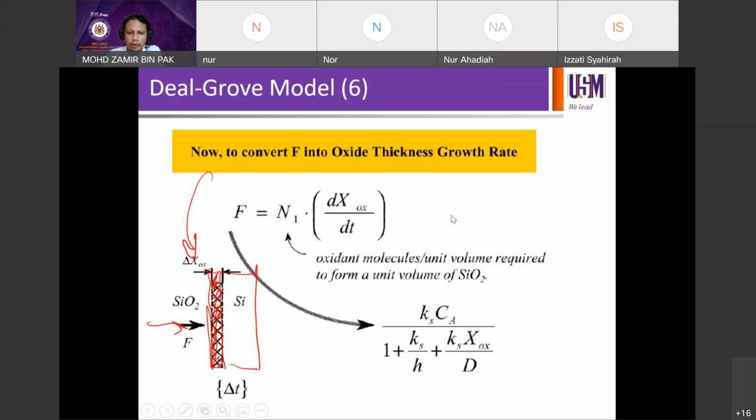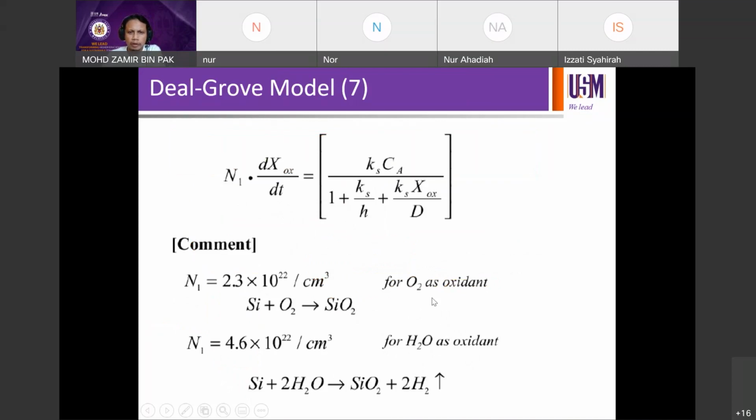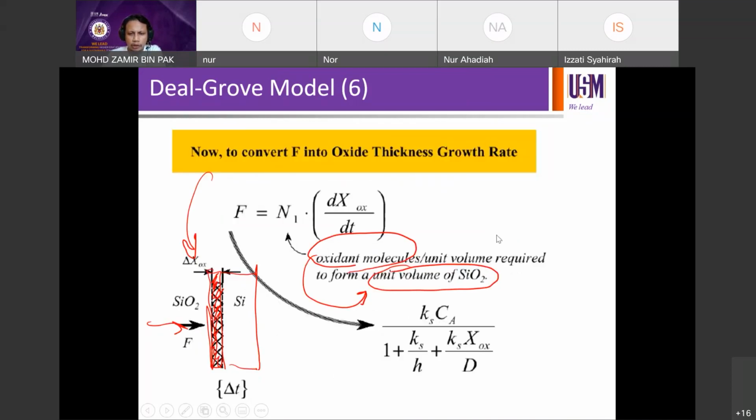Your N1 is the oxidant molecules per unit volume required in order to form a unit volume of SiO2. So how do we translate the oxidant molecules to SiO2 volume? We want to change this to this. So don't worry about the derivation, you can go through later on. If you talk about N1, the oxidant molecules we want to convert into unit volume of silicon dioxide,